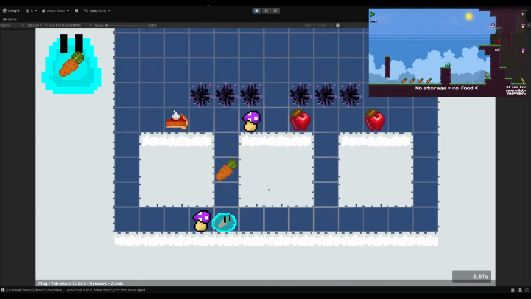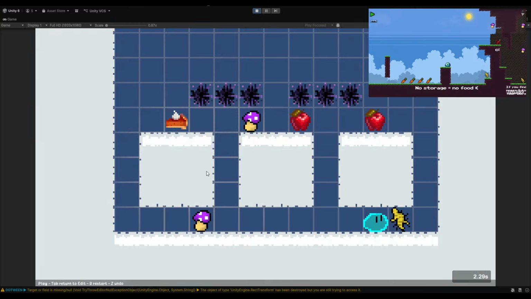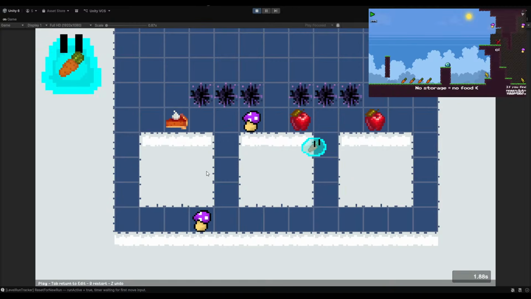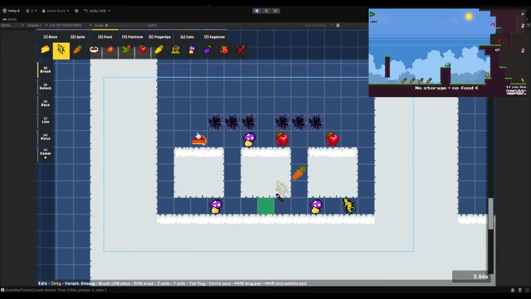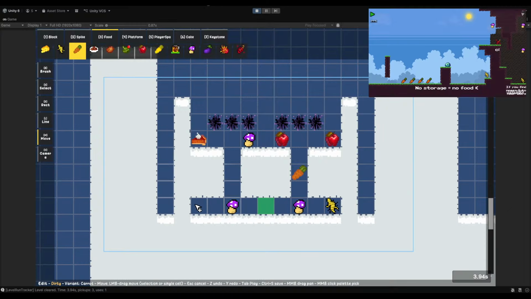Now the player... Oh my goodness, I didn't even think about this. You can just shortcut everything. Oh well. Oh my god, what am I doing? Need this. Yeah, you can just do that. You know what? Let's move that there. There you go. Now it's not possible to go here. And we could even just cut this off, making the map even smaller. And that's meant to be a red herring.